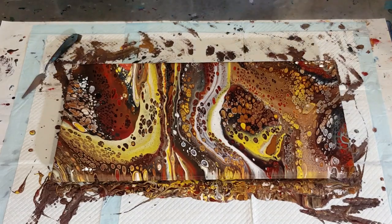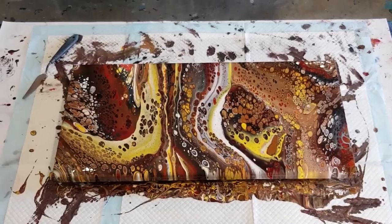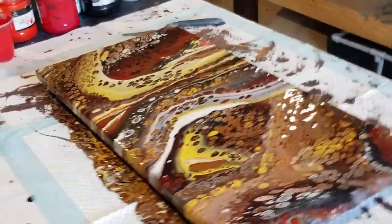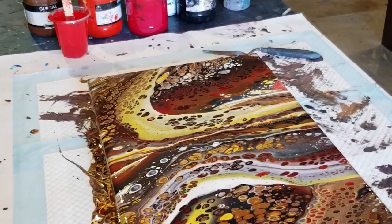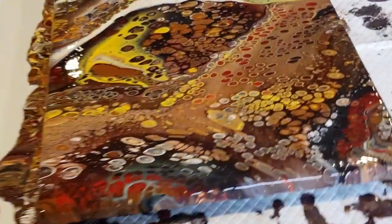All right, let me get my gloves off. I'll take you down for a close-up. Oh dear, 5 bad pours in one day. I'm so over this. Maybe it's just these colours together, hey? Quite possibly. Now I think I probably didn't drag it well, the cups were all over the place, different shapes, but now I've got that yellow kind of U shape there that I don't like. So then there's nothing really matching that U shape. That's just me being a bit pedantic, but...